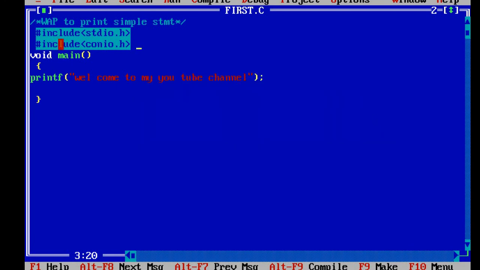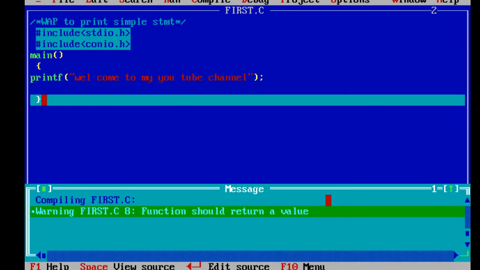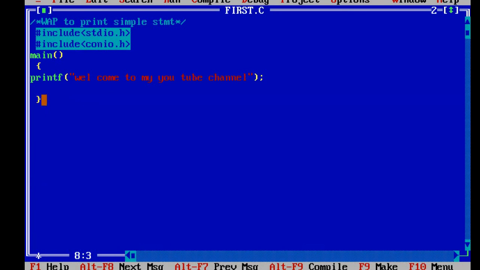Let's create a certain warning so that you will come to know. Now I am not giving any data type and I am compiling it once again. What is it showing me? One warning. Just check out what it is showing. Function should return a value. Means through the main function we have to return a certain value. By default it is accepting an integer.